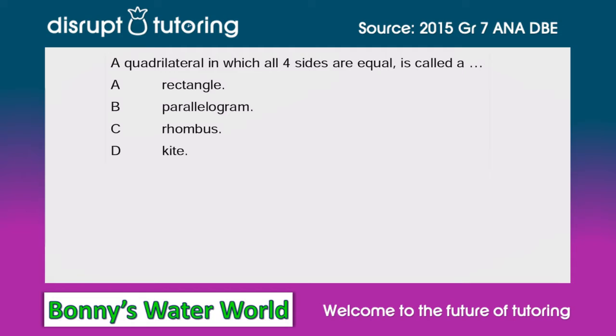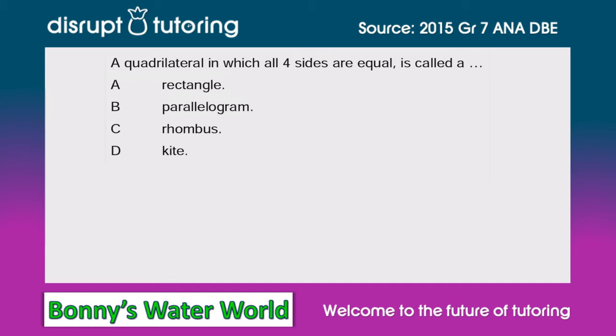A quadrilateral in which all four sides are equal is called a what? So the most important part here, guys, is we've got a quadrilateral. We know a quadrilateral is a shape that has four sides. And they've specifically mentioned to us that all four sides are equal. So now let's deal with each of these in turn and see which is the correct one that the examiner